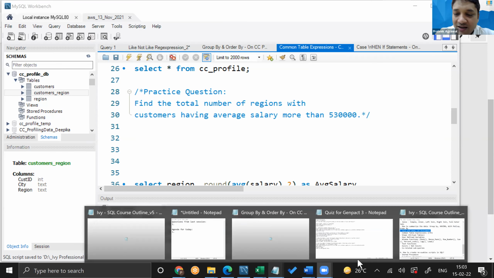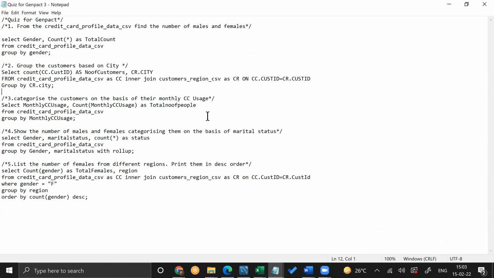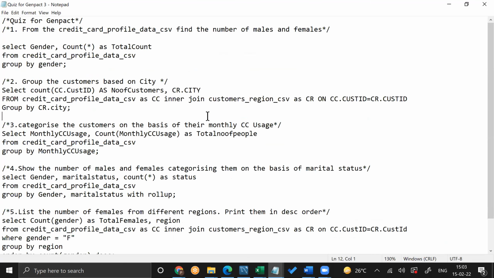Yeah, Pratik, I want to say something about this quiz thing. I missed clicking the answer for the first question. I sent the queries, and all of them were working at my end on Workbench. I have sent the queries to Chanchal on the same ID, Genpact. Yeah, I got it. We had a discussion as well. Chanchal told me about it, Sandeep. I hope all the queries are right.